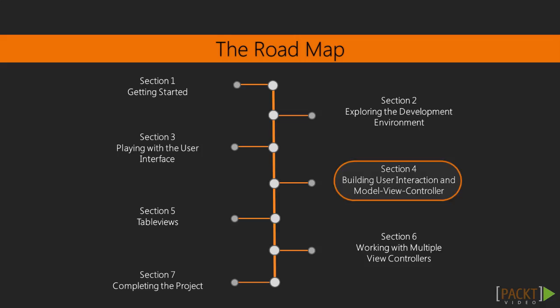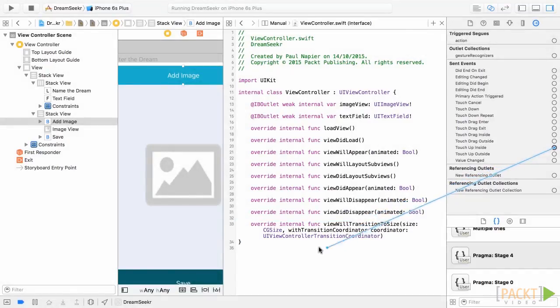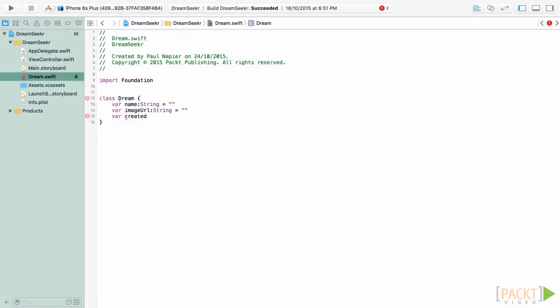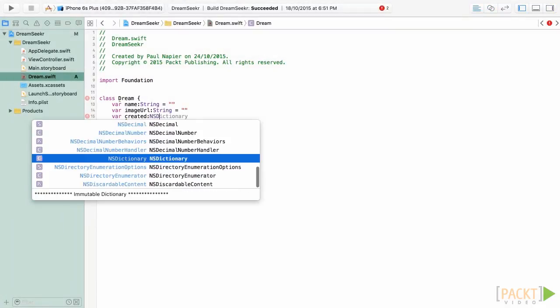In section 4, Building user interaction with model view controller, we'll begin by creating the model we will use for our application. Then step through the view controller lifecycle before hooking up our elements within the user interface to our view controller. After this, we'll understand delegation and notification design patterns as a way to work with text fields and